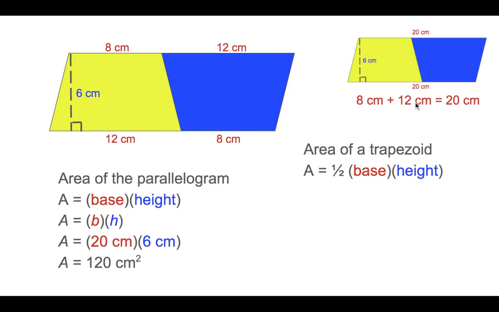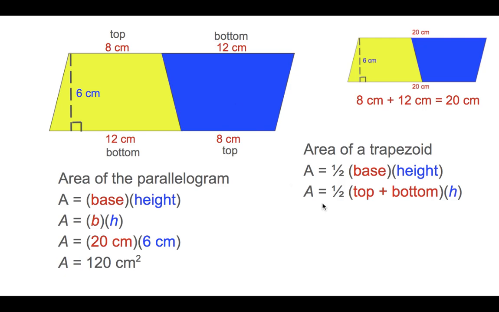When I add them together, they equal 20, just like in the parallelogram, 12 plus the 8. But you notice it's not half and half. It's not 10 and 10 because in our trapezoid, the top length and the bottom length do not have to be the same. So if this is the bottom and this is the bottom, then this is the top and this is the top. So we can think of it as the base being the bottom plus the top, or the top plus